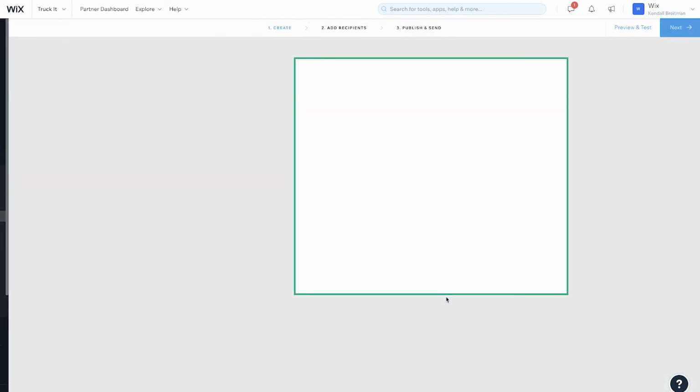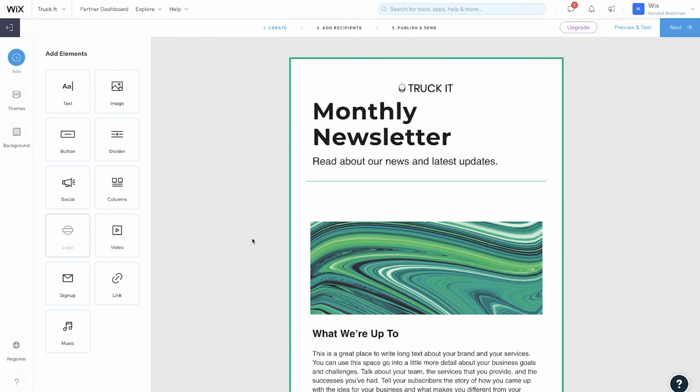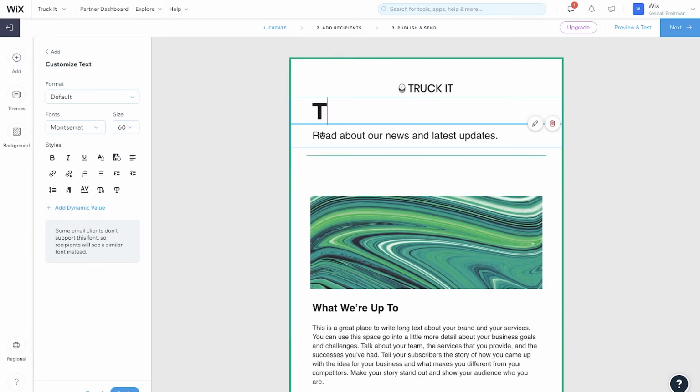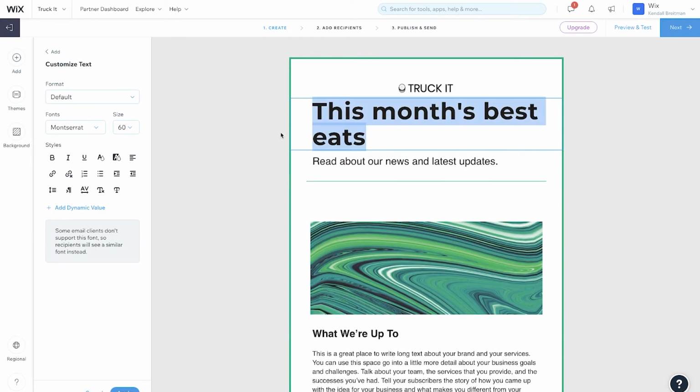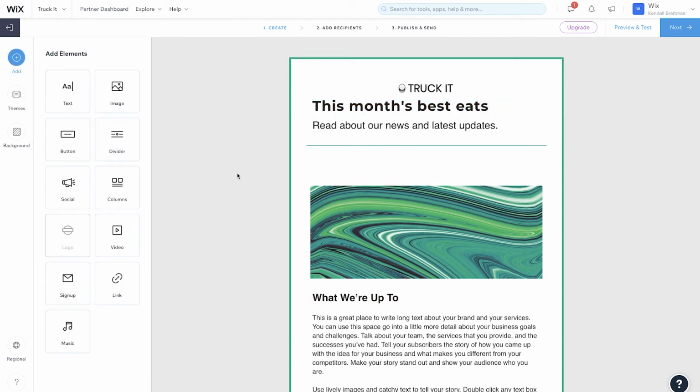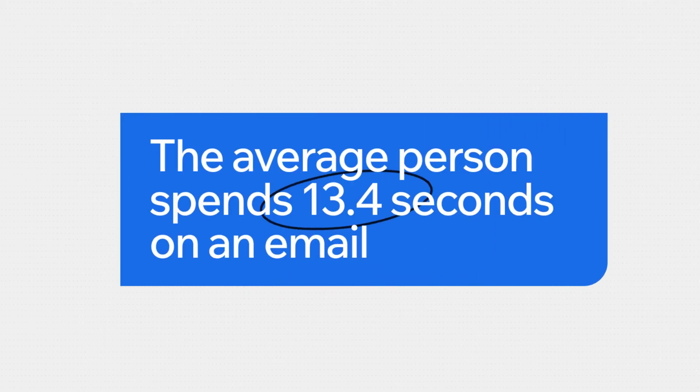If this screen looks familiar, it's because the setup and the features for email marketing are exactly the same as what we just used for email automation. So again, for my main header here, I'll change it to something short and informative that clearly represents your brand so that people know it's you. This header may seem a little short, but the average person only spends 13.4 seconds on a single email before moving on. So it's really important to relay a lot of information pretty quickly,